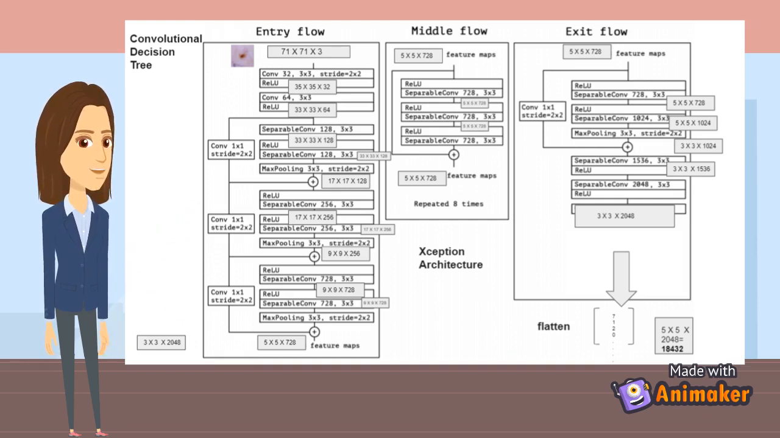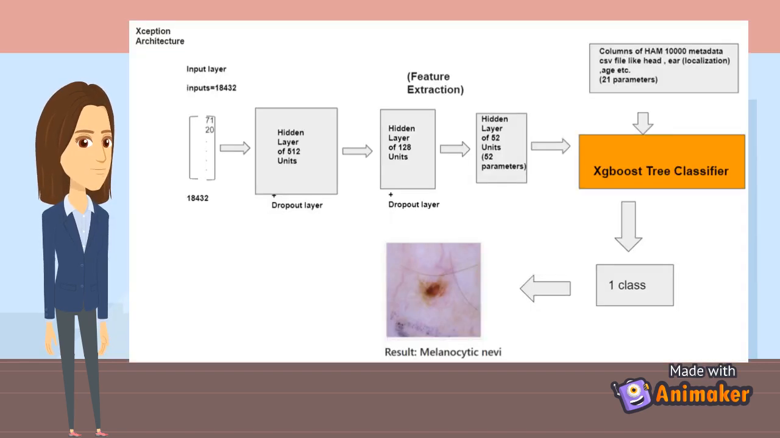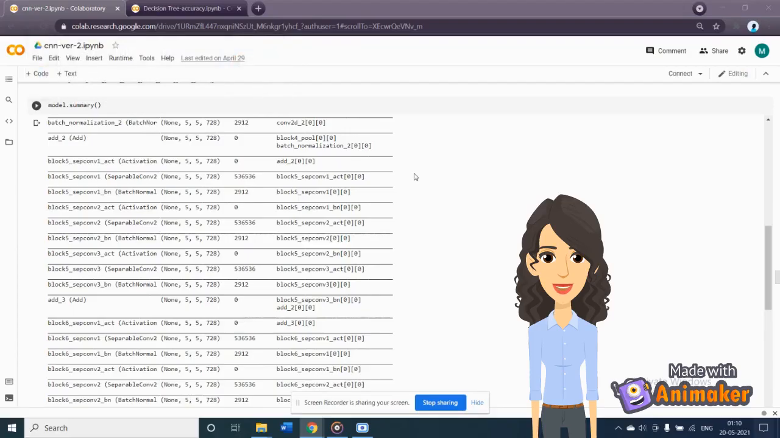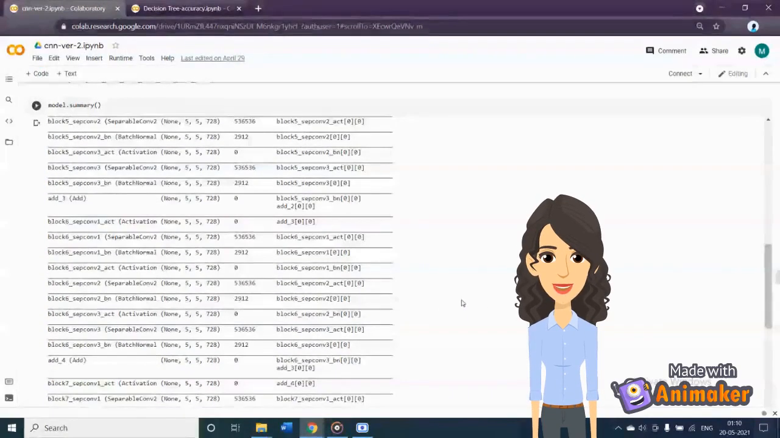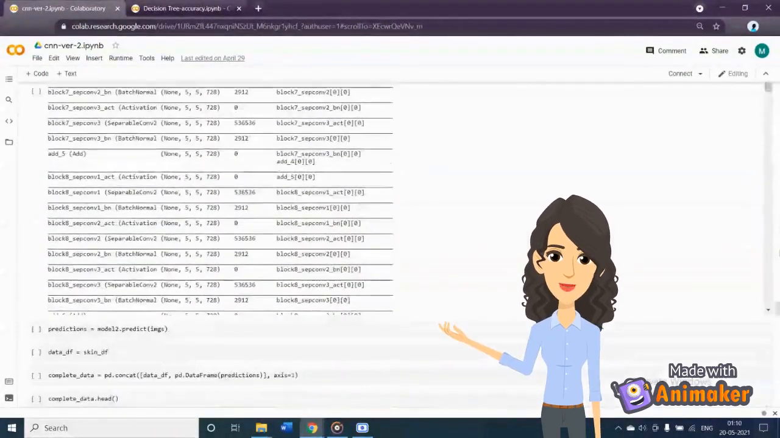As shown in the diagram, we make use of the Xception architecture where a 71 x 71 x 3 input shape image is passed to a series of convolutional and pooling layers, and lastly, all these values are flattened to a 1D array of 18,432 values, which is given to our 3 dense layers of the neural network. The 52 features of the image are extracted, which are further used by the decision tree to classify from the 7 classes. The output obtained by the CNN model is given to the decision tree as 52 features in the form of numerical